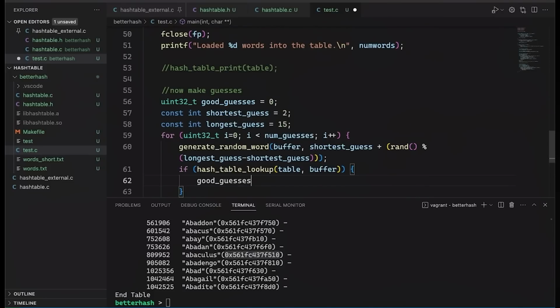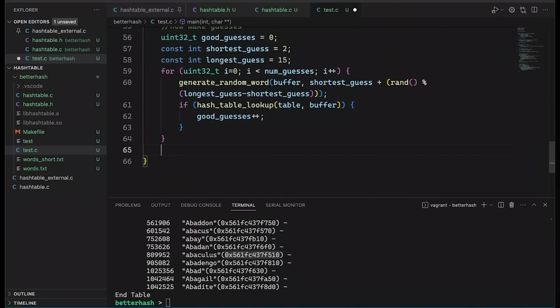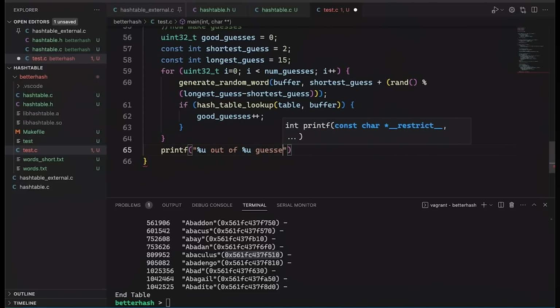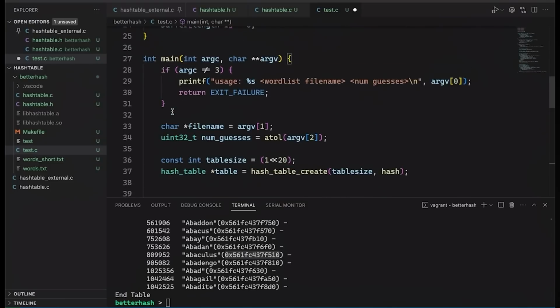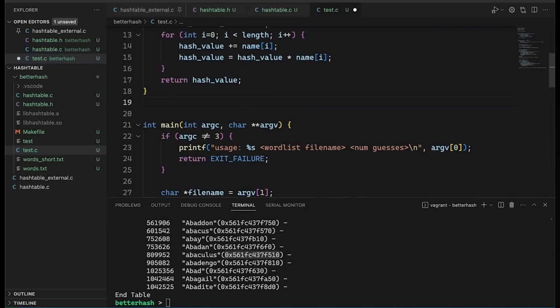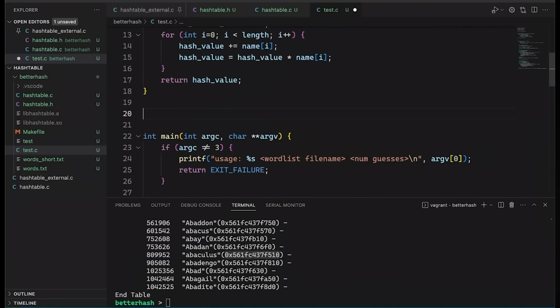then we're going to say good guesses plus plus. And then down here after we're done, let's just do a print statement that says something like %u out of %u guesses were in the table. And we'll put in good guesses and num guesses. Okay, so this is great. Now let's go up here to the top, and let's actually go ahead and create this function,